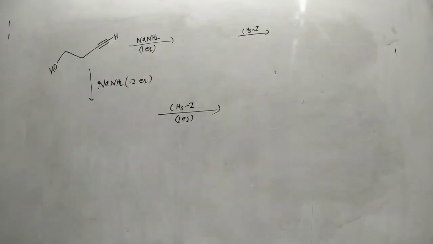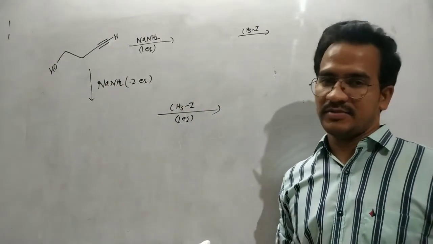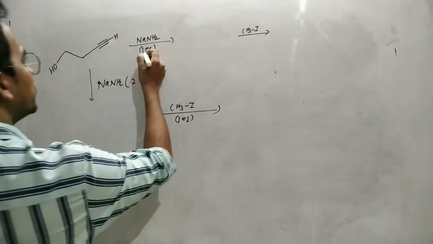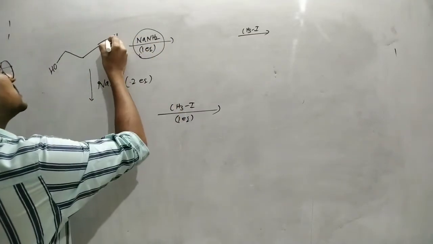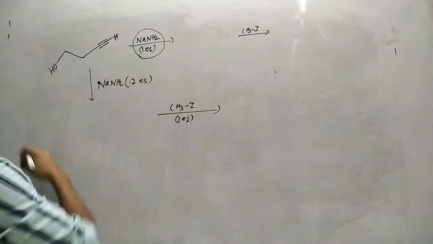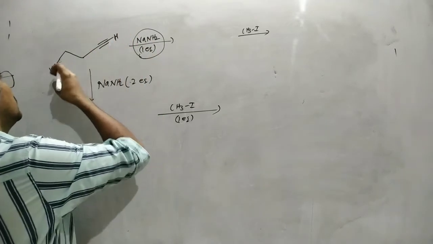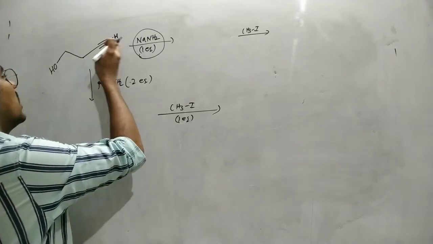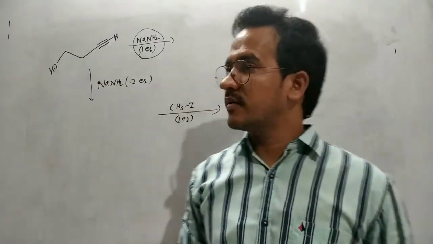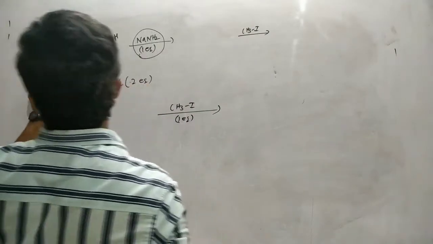Let us discuss one JEE Advanced previous question. It is also based on acid-base reactions and nucleophilicity. So here in this case, first of all, sodium amide is a strong base. Here this hydrogen which is attached to the sp carbon is acidic in nature. The hydrogen which is attached to the oxygen is also acidic in nature. So the base removes this H plus ion. But between these two hydrogens, the one on oxygen is more acidic. Alcohols are more acidic than the alkyne. So that's why this NH2 minus removes the H plus.